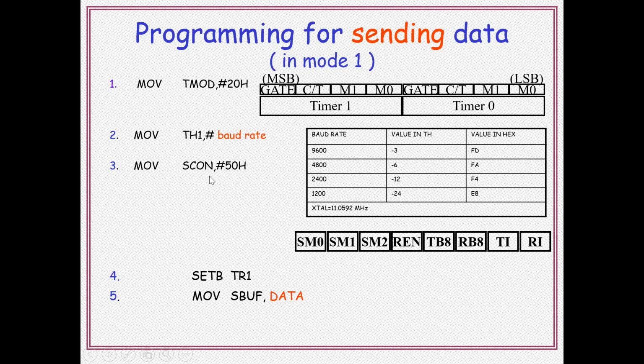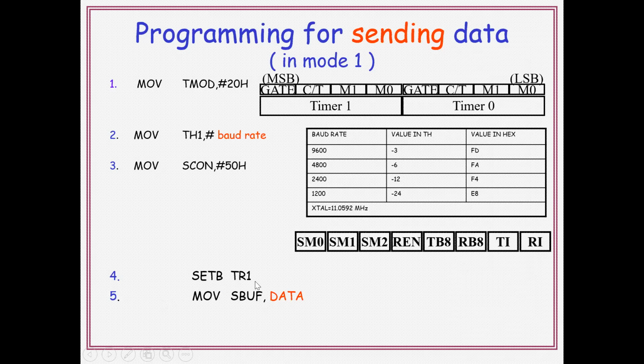Next is MOV SCON, #50H, so the SCON register is initialized. 50H indicates 0101. The 01 indicates mode 1, serial communication mode 1. SM2 being 0 indicates disabled multiprocessor communication. REN 1 indicates the receiver is enabled. The remaining bits are 0.